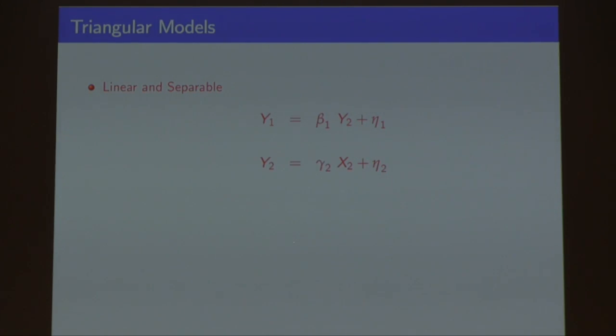Now, a simpler model, a model in between, is the triangular model, which is a recursive model. For example, the textbook example is wages or lifetime income. Let's say Y1, wages, is a function of years of education, Y2, and productivity. As we know, these two are correlated. They are not independently distributed because years of education is a choice for an individual. Every time that we have an individual making a choice, that individual is going to consider many variables that we do not observe and the individual observes.